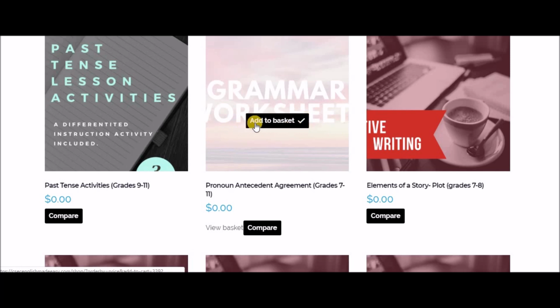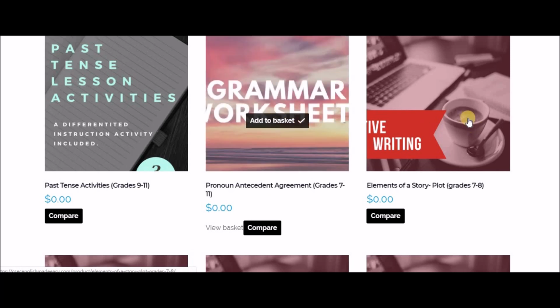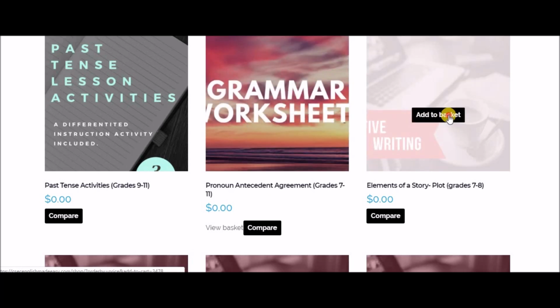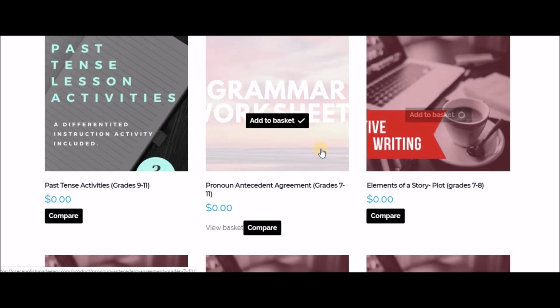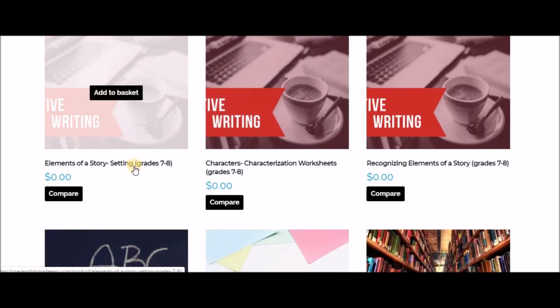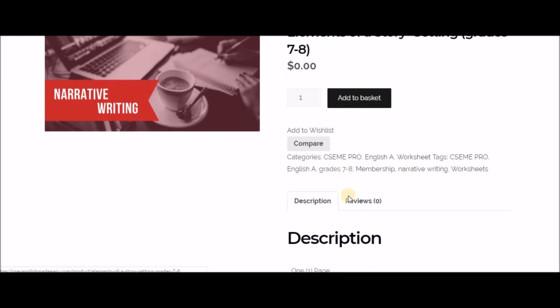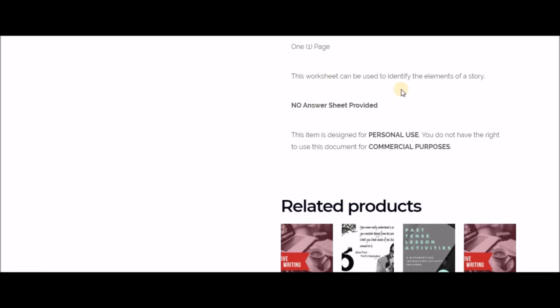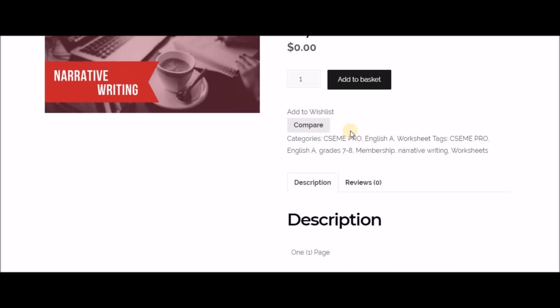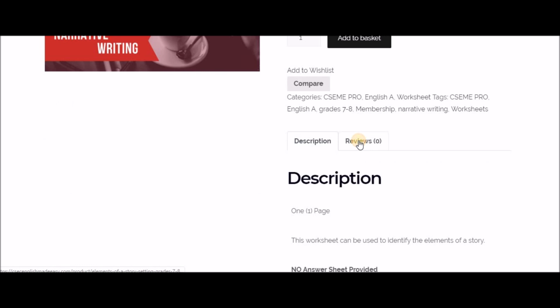So I'm going to shop here. So I click on basket, and this is nice. Or if I don't want to directly send it to basket, I'm going to click on it right here and click on this link right here, and the product is going to open. And basically all of our products describe what exactly is in the product,